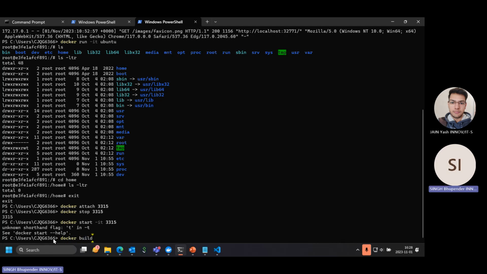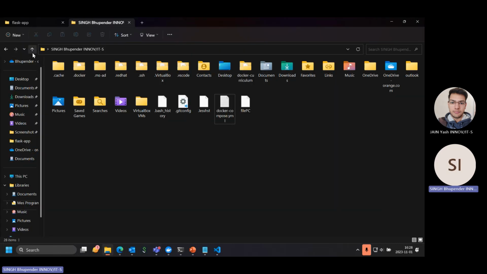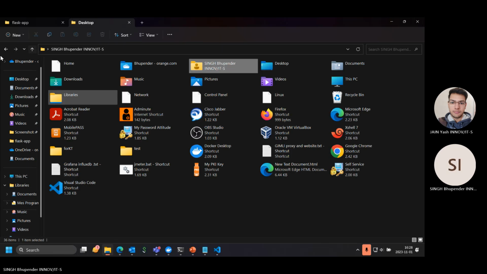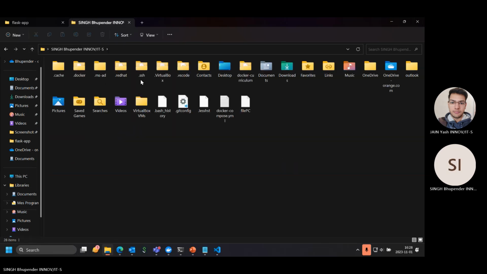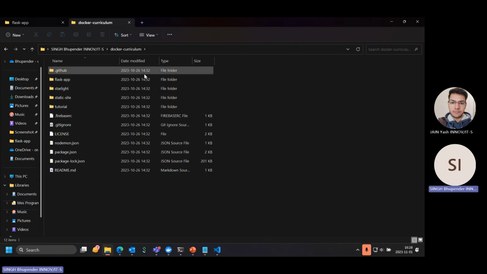In the present directory, I have made an application. Docker curriculum, I will download from net, and from this I will show how to create an image.